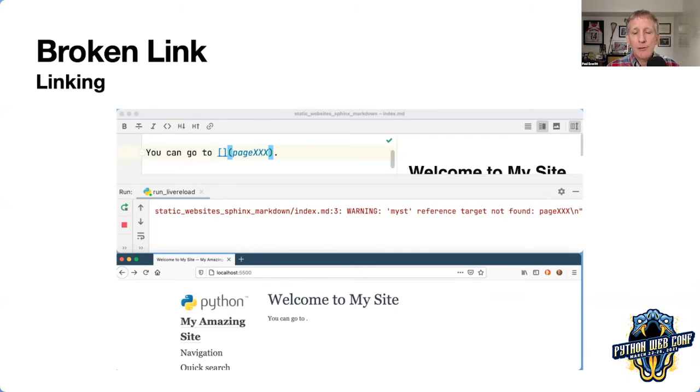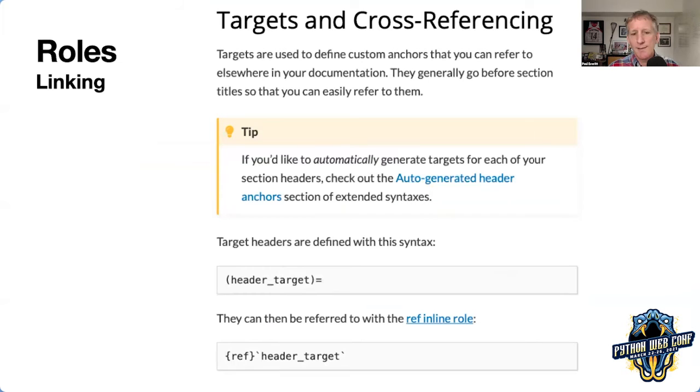We just pointed at a file name. And sure, I could say ../folder1/subfolder2/page1, but I'm still thinking in terms of file names. And I'm a man of a certain age, and I can't be bothered to remember the names of all the files on my system. Sure, my IDE will give me some autocomplete on that. Thank you, PyCharm. But just like smart IDEs are teaching us to think about symbols and navigate by symbols and not files, Sphinx thinks of symbols and not files.